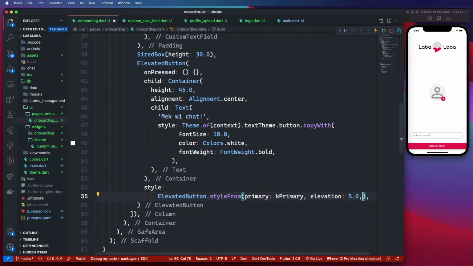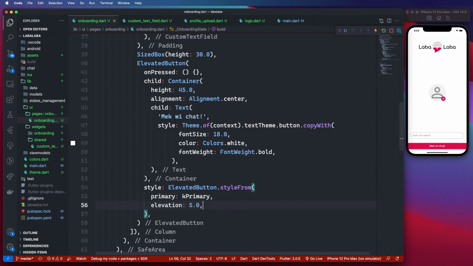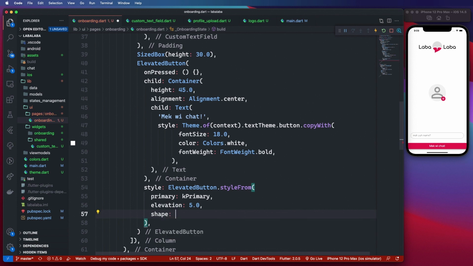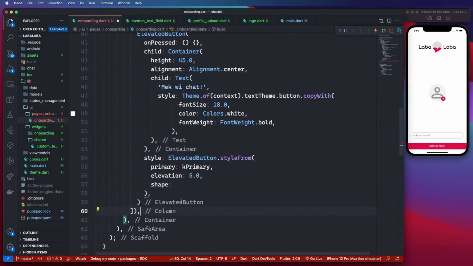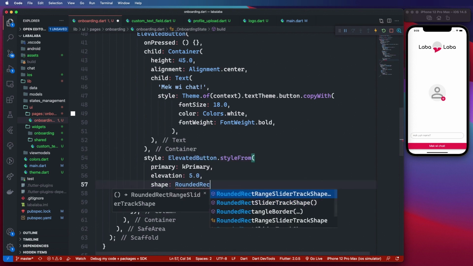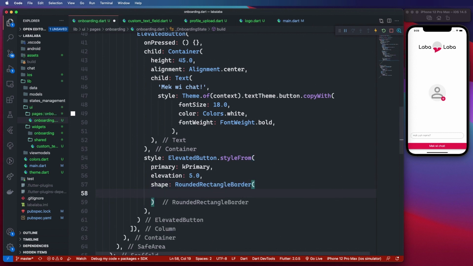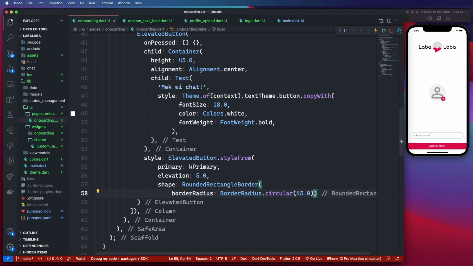So there, I changed the color of the button, but I want it to be a rounded button, so I'm going to change the shape of the button. So here, I'm just going to say shape, and I'm going to use a rounded rectangle border. And for this, I'm just going to say border radius circular, and 45 pixels. There we have